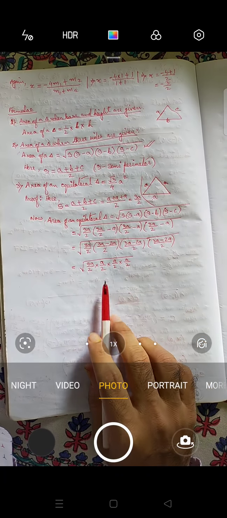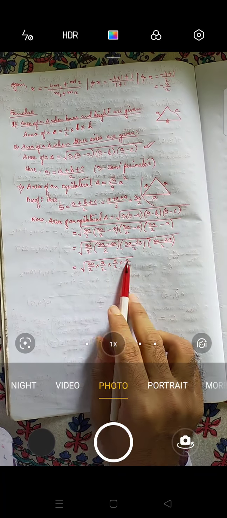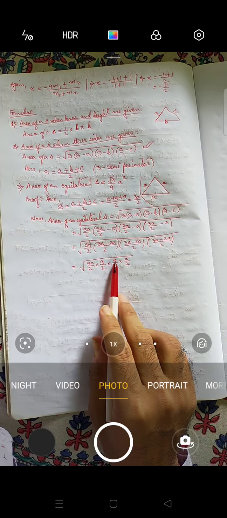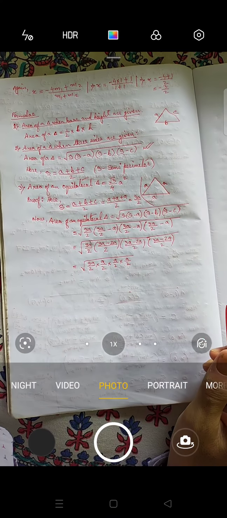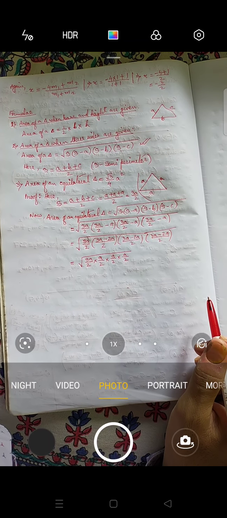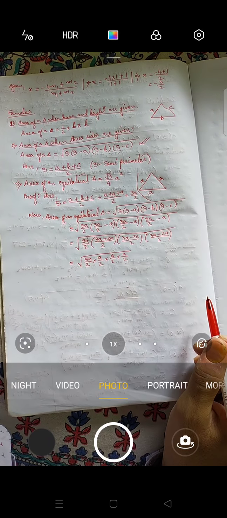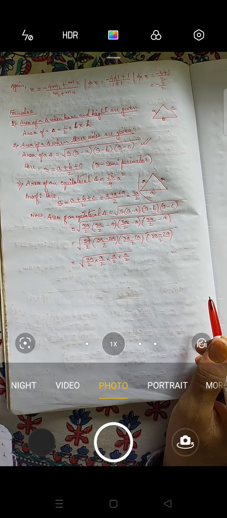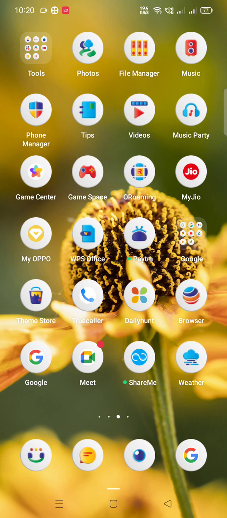So here you can see in the numerator, 1, 2, 3, 4, 4 A's are there. So can I say that out of 4, 2 A's will come out? Yes or no? Inside the root, if we are having 2 into 2, then one 2 comes out, right? So same way here, A into A, one A will come out. Then this A into A, one A has come out.